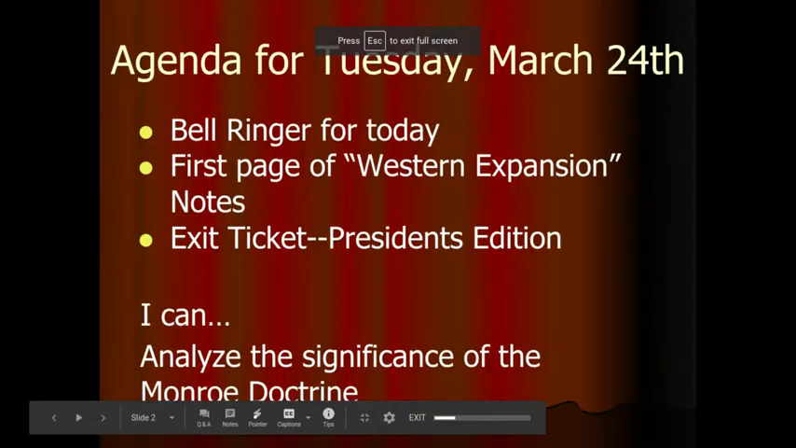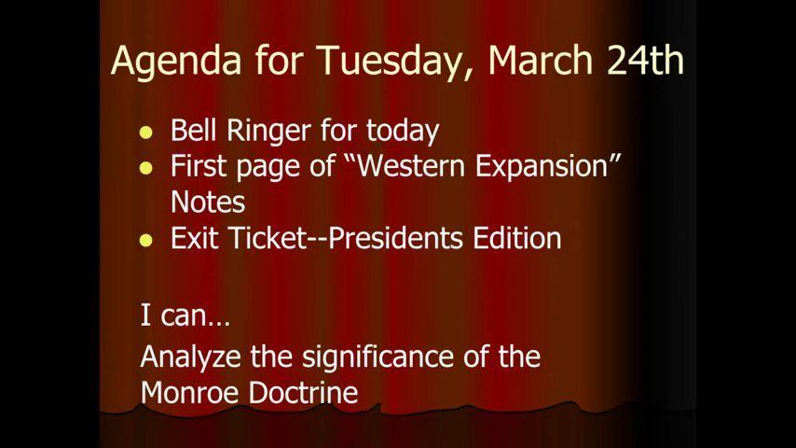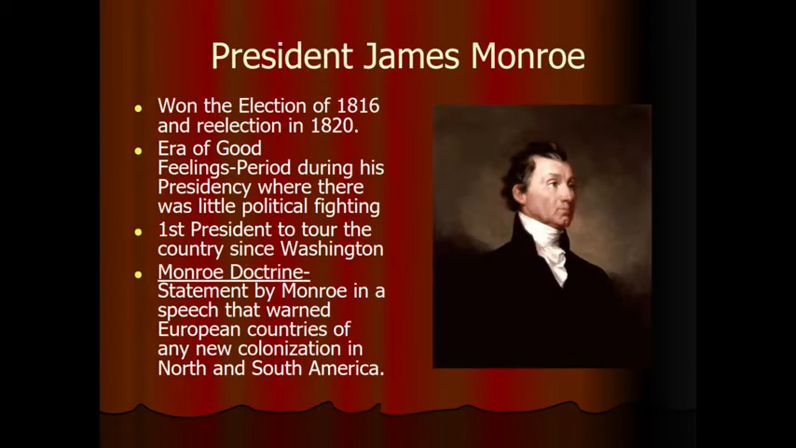And then also our I can statement today, just going back to tying this to the standards for the Ohio Department of Education, is to look at the significance of the Monroe Doctrine, which we're going to talk about here in a second. So, President James Monroe, after the War of 1812, James Monroe was elected in 1816. So, first of all, that is one president that you have down for that exit ticket. You're welcome. So he was the president, followed by Thomas Jefferson and James Madison,